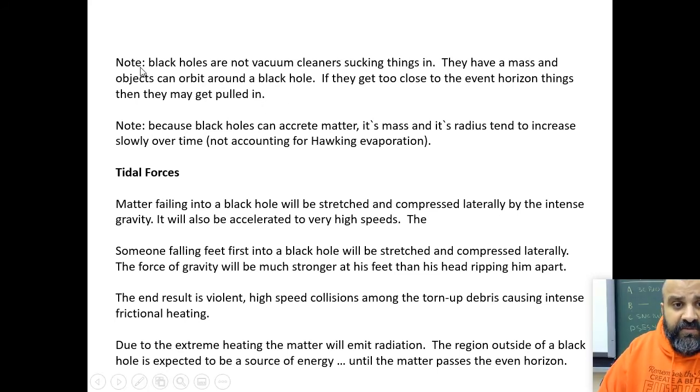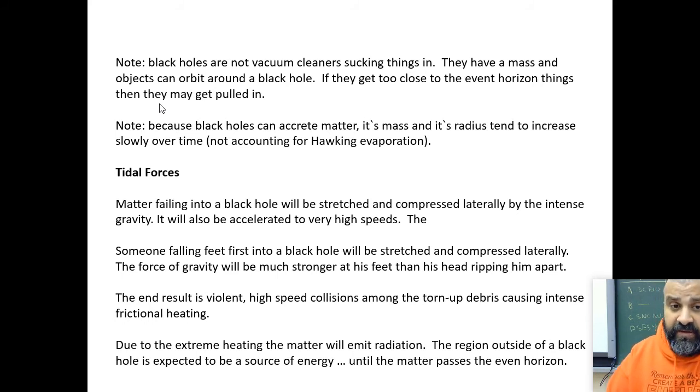So note, black holes are not vacuum cleaners sucking everything in. They have a mass. Because they have a mass, objects can orbit around a black hole. As long as they're far enough out and they're moving quick enough, they can establish a stable orbit, just like we orbit the sun or the moon orbits the Earth. Right? Objects can orbit a black hole. If they get too close, they can be pulled in, but objects can establish a stable orbit around a